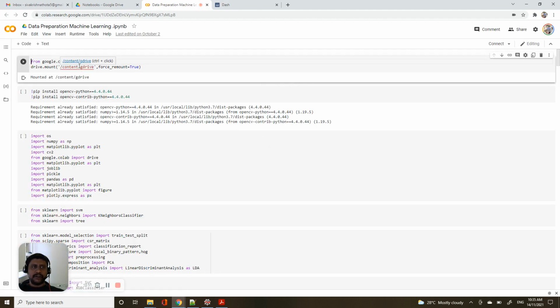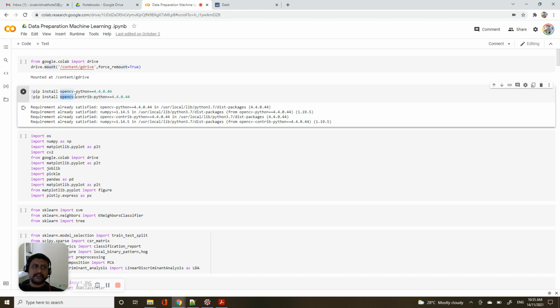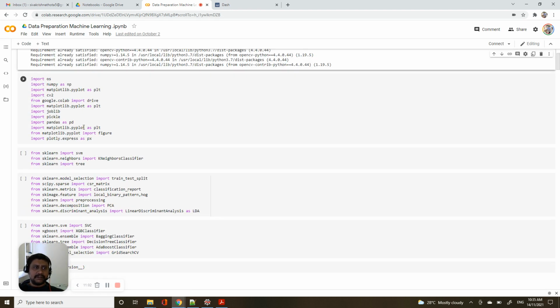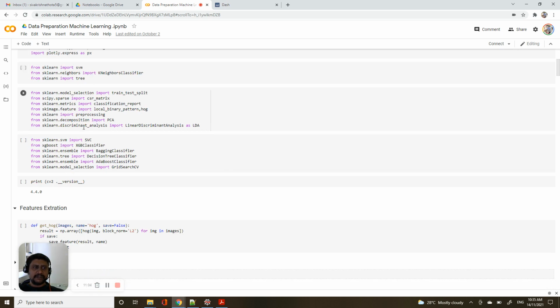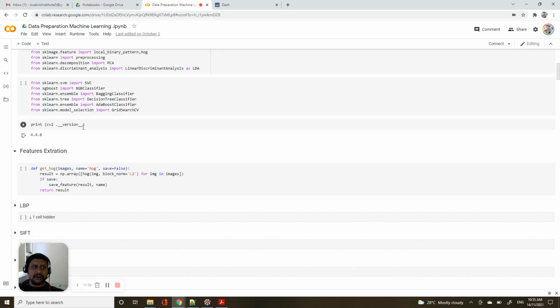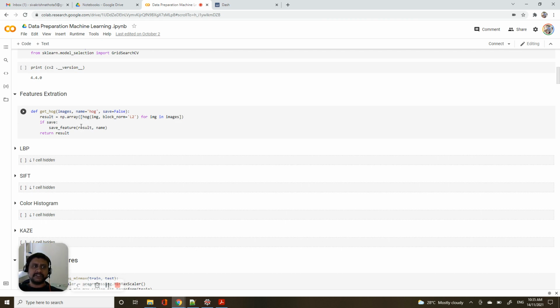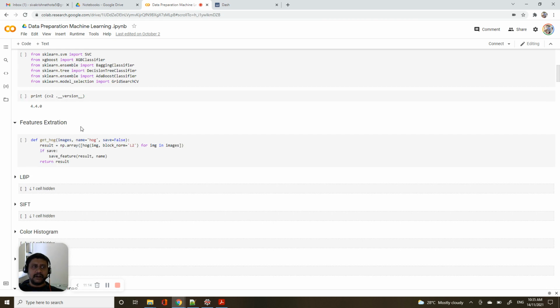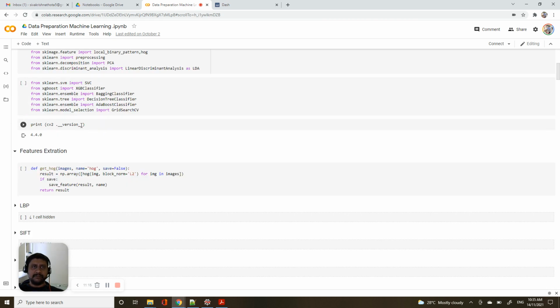The first step is mounting the Google Drive, and then I installed OpenCV Python version 4.4, imported libraries, and then feature extraction. As I told you, I extracted features using HOG, LBP, SIFT, and color histogram, and then I will train the machine learning model.